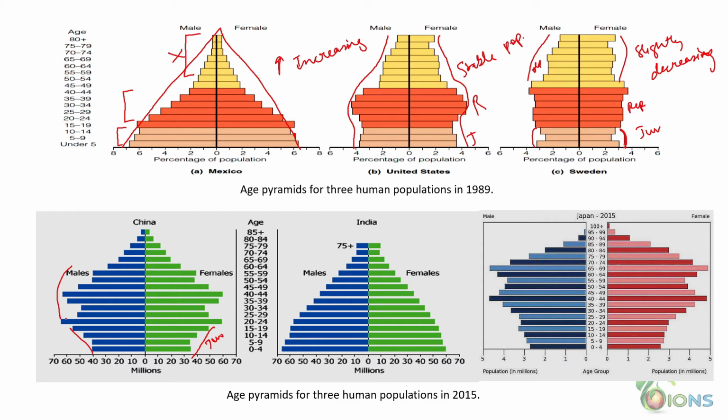Because it has been recently applied. Okay, and there are fewer older individuals. So this is a more stabilizing population, which China is achieving, right? But in the case of India, we are seeing a sharp increase in the population. We have a certain triangular structure. In the case of Japan, it has achieved a more stabilizing population as well.